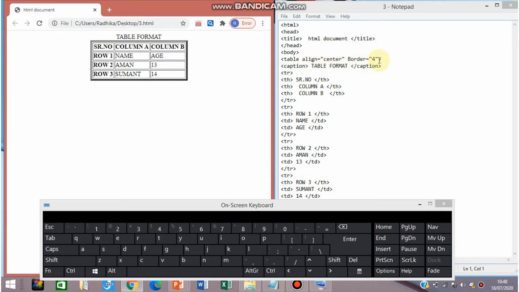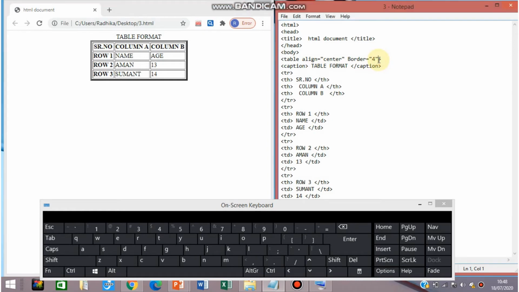Then we will see the next attribute, giving some space between all the attributes when you are mentioning them. Now we will see cell padding. Cell padding is used to set some distance between the cell and the content.